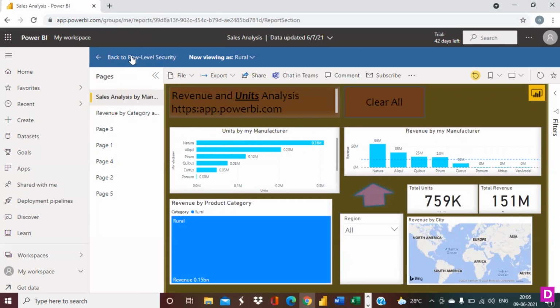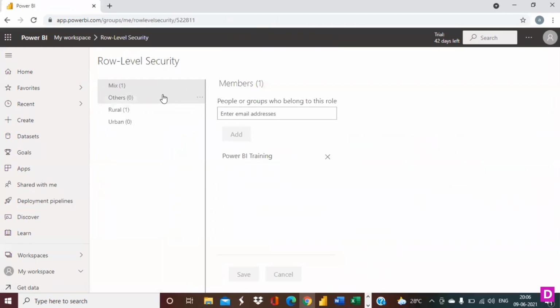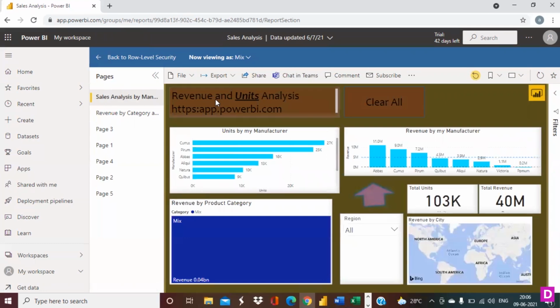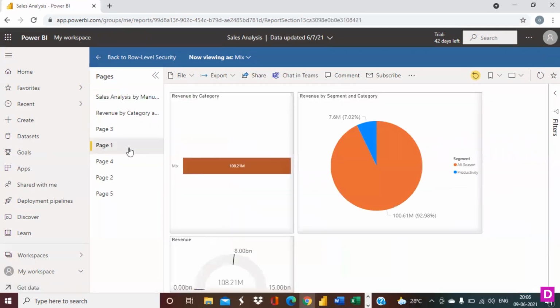Great. So let's come back to row level security. We have done the testing. Similarly, we can go ahead and test for Mix as well. So one more testing I want to do. If I go to the Mix as well, if I go onto any of the pages to test out